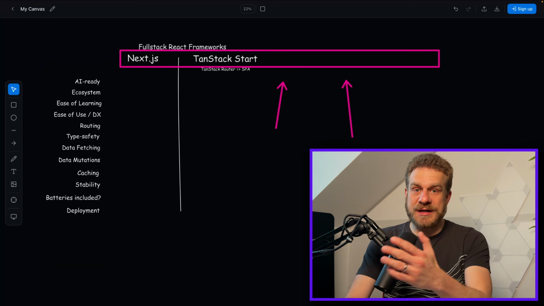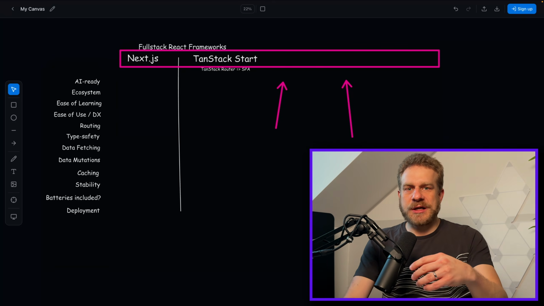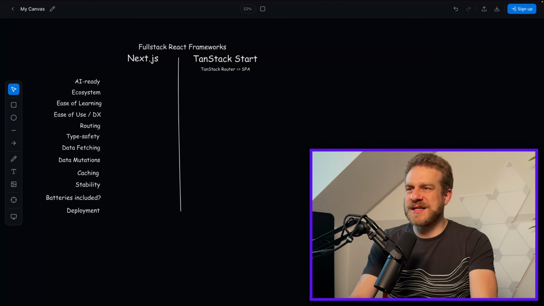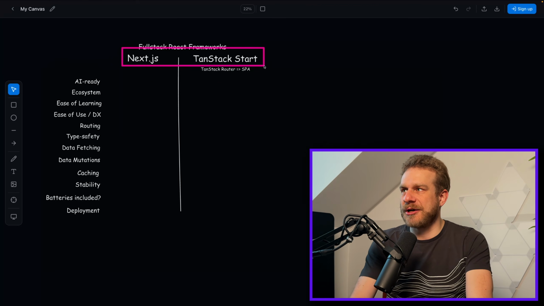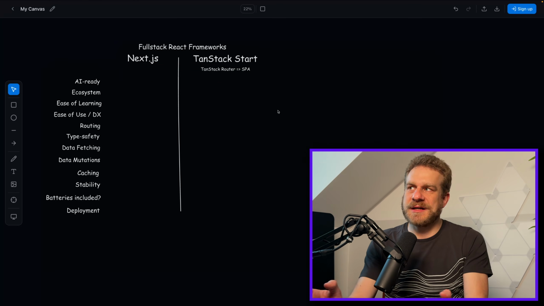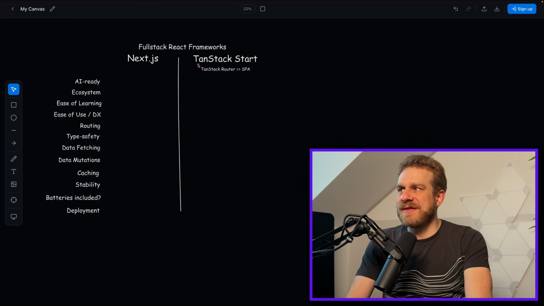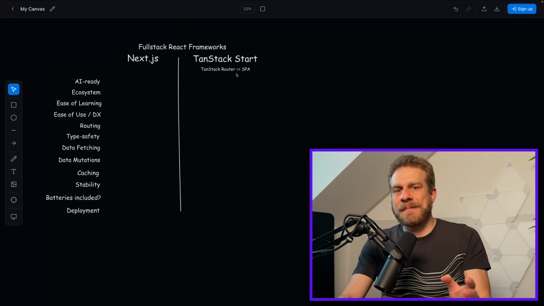I mean, we could include Remix, React Router now, we could include Next for Vue, we could talk about SvelteKit, but I won't. This video is about Next.js and TanStack Start, not because the others are bad, but because these two are often compared. Now, first, it's worth noting that TanStack Start is in the end just TanStack Router plus